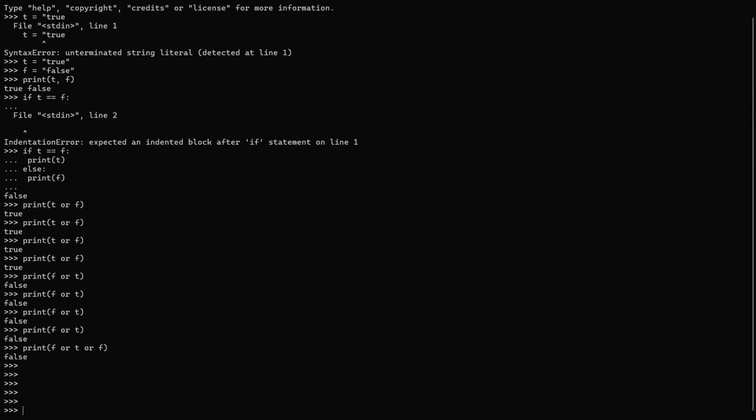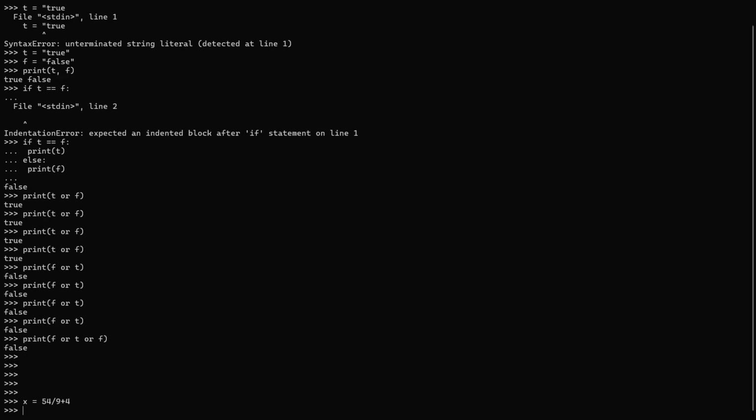Now let me do an equation, like x equals 54 divided by 9, plus 4. Let me do this quick. The answer of this is 6, and 6 plus 4 is 10, so the answer is 10. If x equals, let's say, anything above 10,